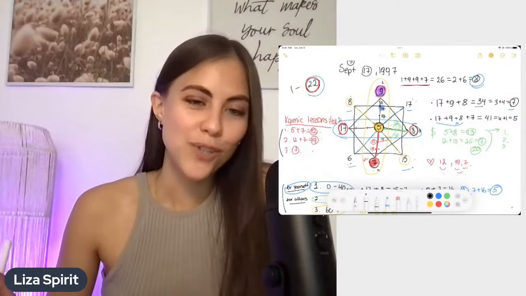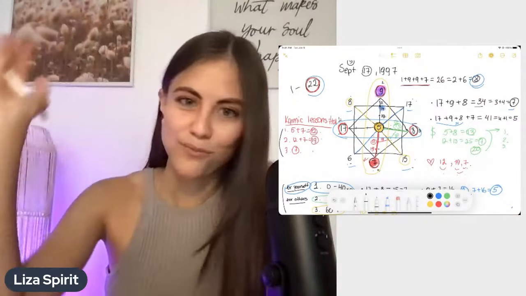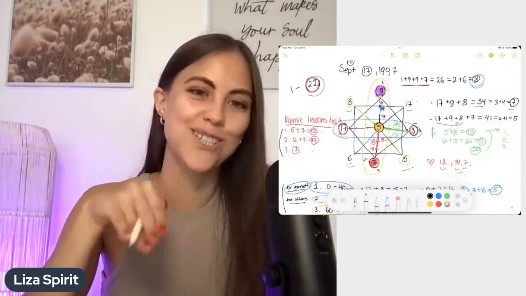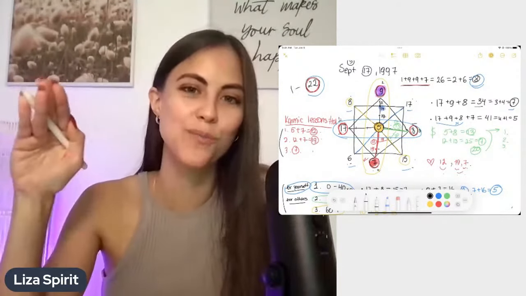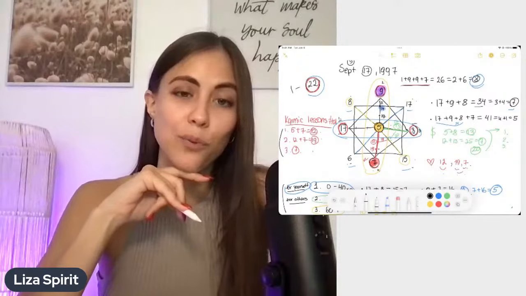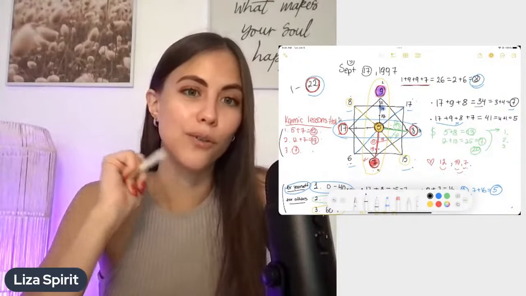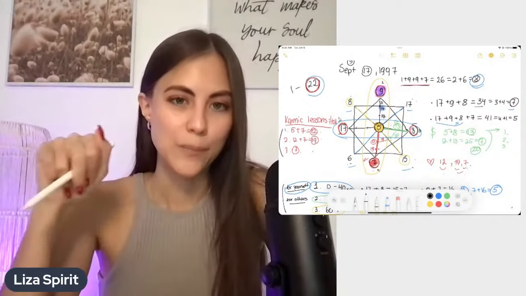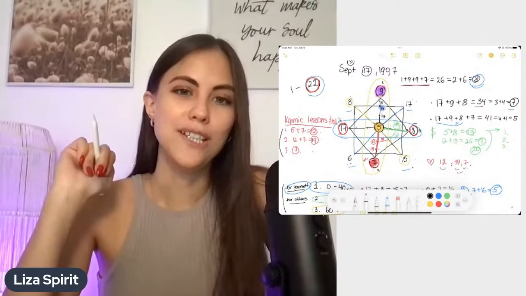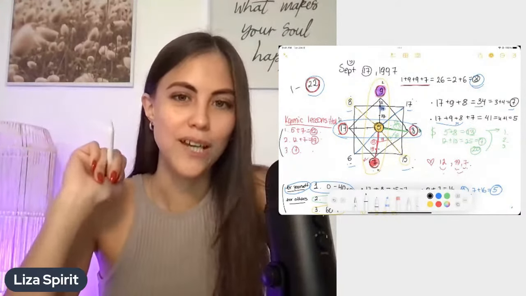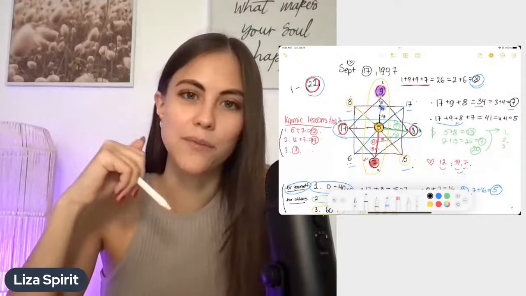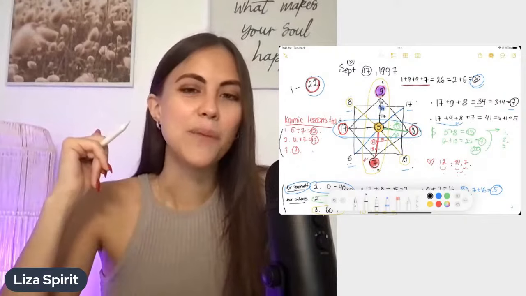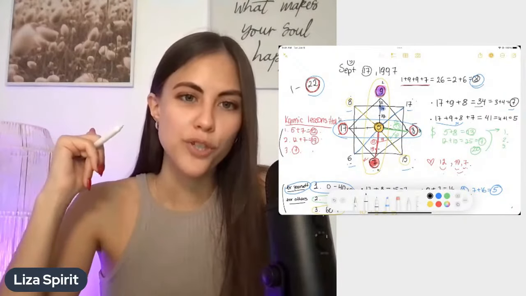If something is wrong, that's not because of whoever or whatever it is. It's just because of their own actions. There's no one to blame, and they shouldn't fight for justice or anything. It's just because of them, and that's their problem only. Number 9, the hermit. We talked about it, and many of you have number 9. I have number 9 because I was born in September, and I talked a lot about it. Number 10 is the wheel of fortune.